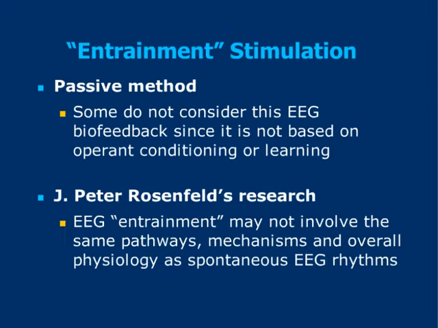While classical conditioning forms an association between two stimuli, operant conditioning forms an association between a behavior and its consequences. Let's look again at the organization of the nervous system. General biofeedback involves operant conditioning of the peripheral nervous system, particularly the autonomic nervous system. EEG biofeedback involves operant conditioning of the central nervous system, particularly the brain.